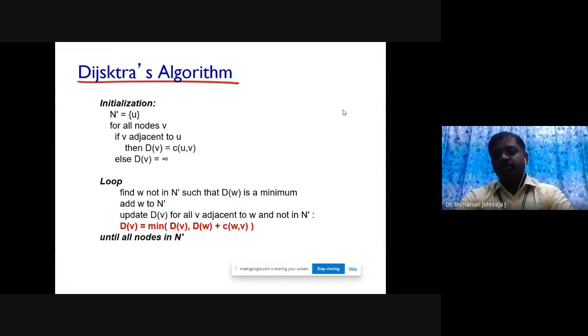If it is through the newly traversed node, that is taken up. Otherwise, the existing is taken up. That's what is achieved by the formula which is given on the screen. That is the minimum of the distance to the specific node, and the distance to the current node plus the link cost between these two nodes. The minimum value is taken up and included into the path cost.